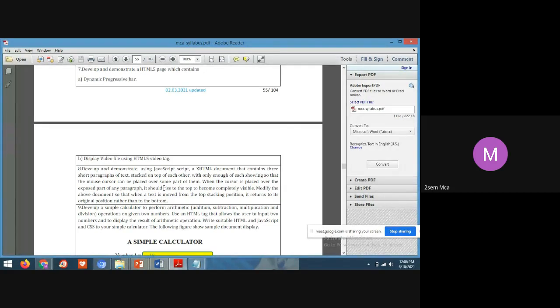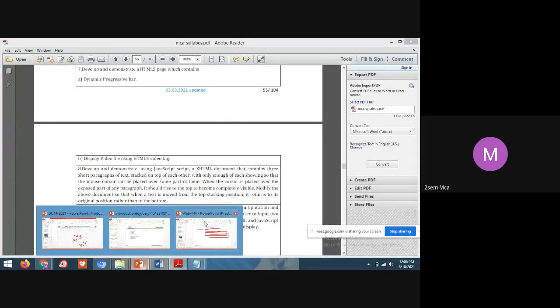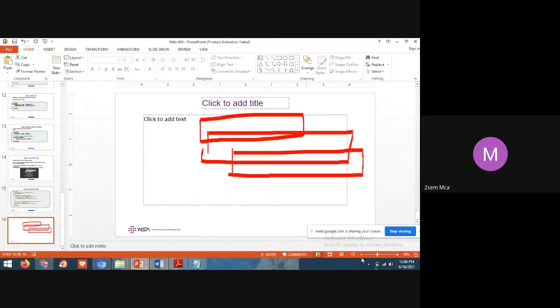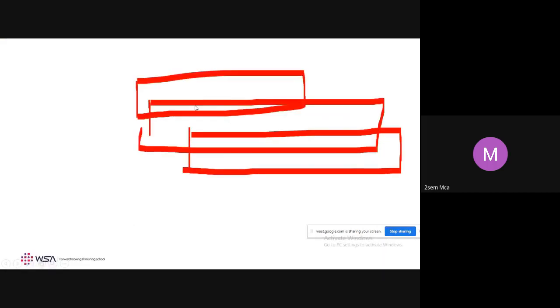See students, here I have shown this diagram like this. The 3 paragraphs are placed. When I put my mouse pointer on the second paragraph, then the second paragraph should be completely visible. When I put my mouse pointer on the first paragraph, then the first paragraph should be visible.